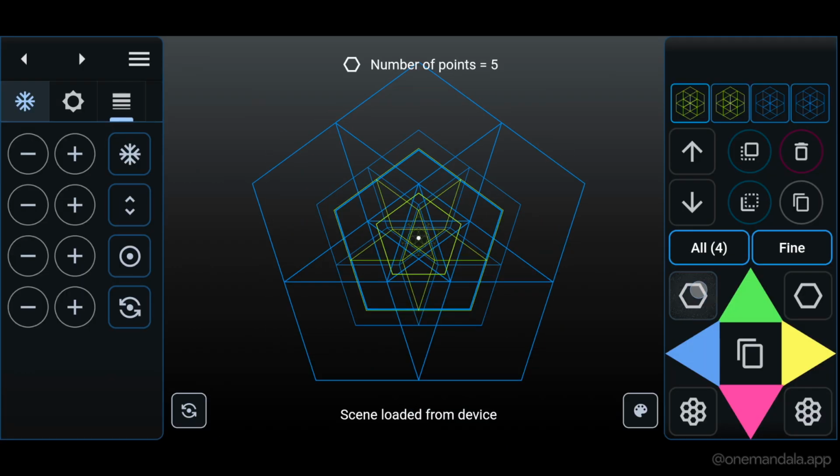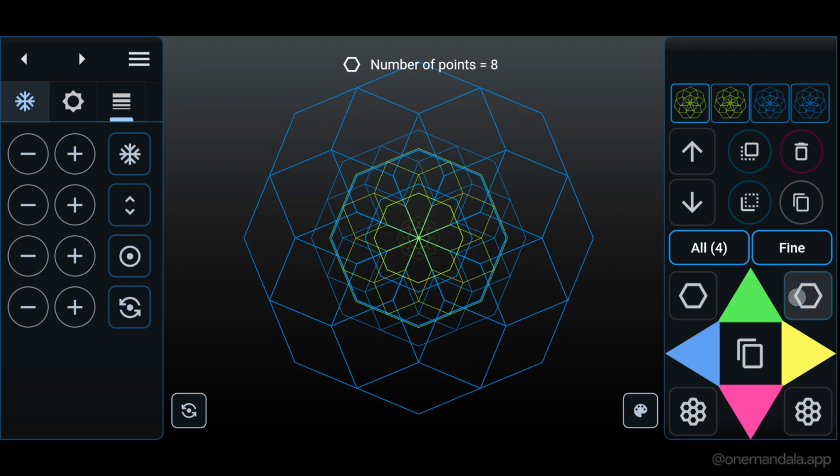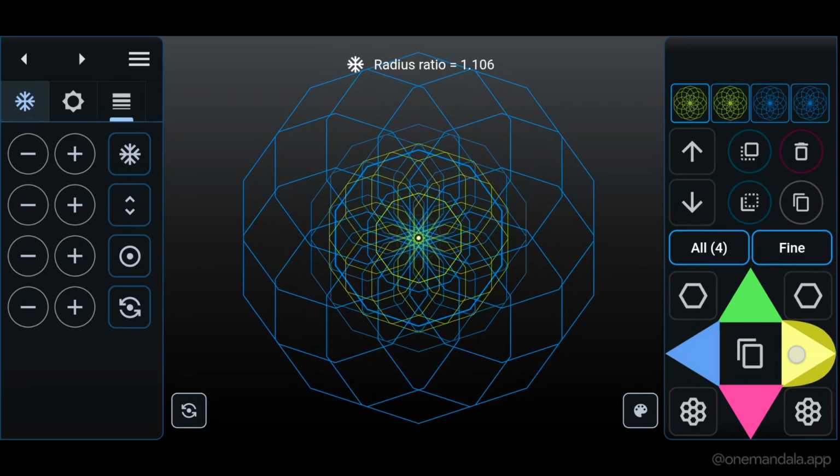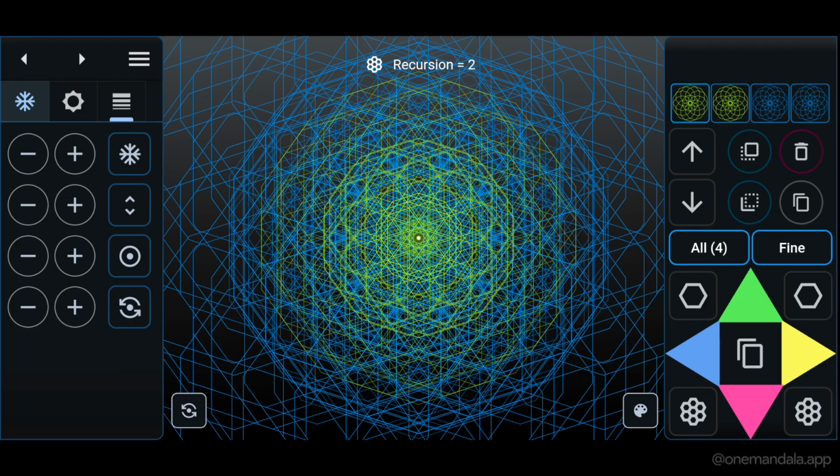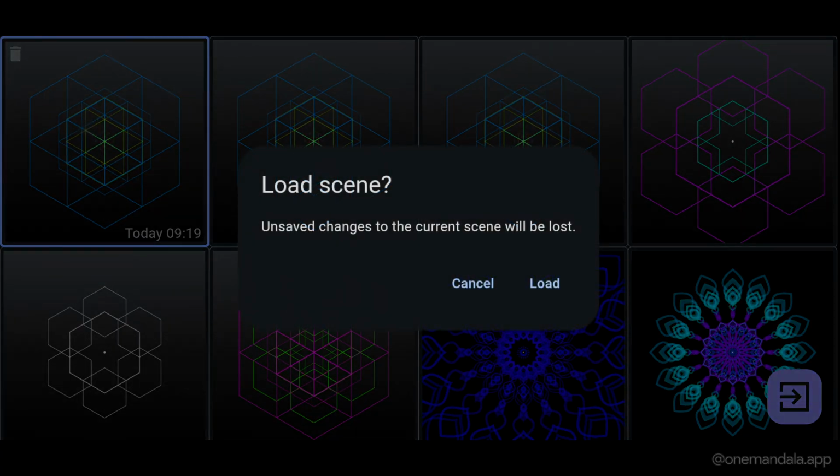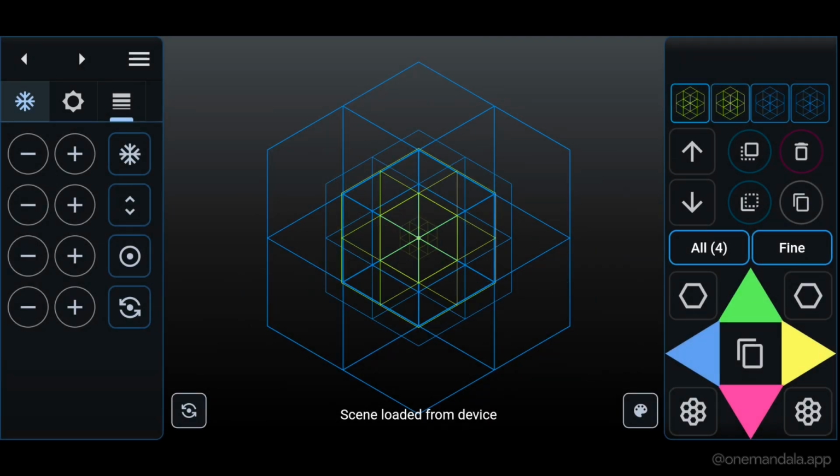This way you can freely modify your layers, and if you mess it up, you can always go back easily by loading the previous version. Don't be afraid of saving your scenes. You can always delete them if you don't need them.